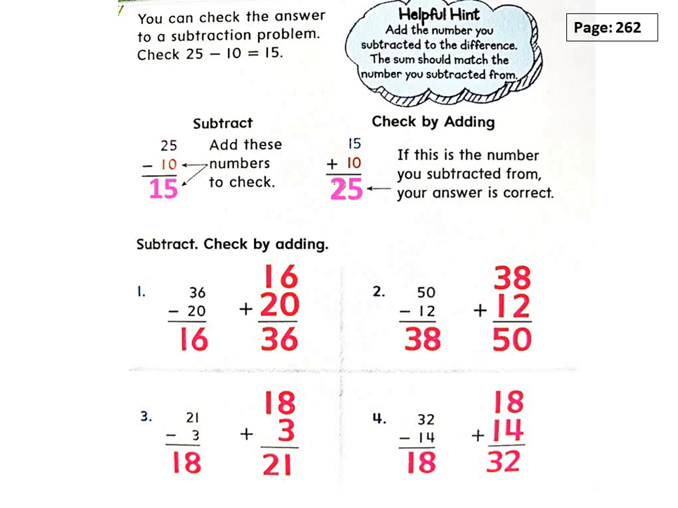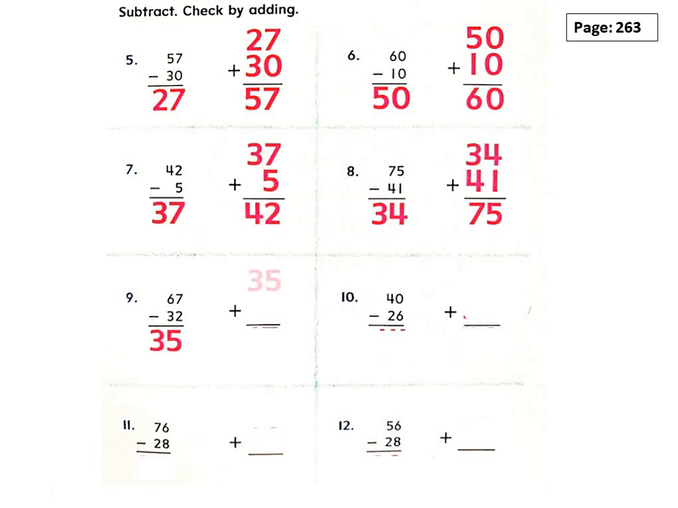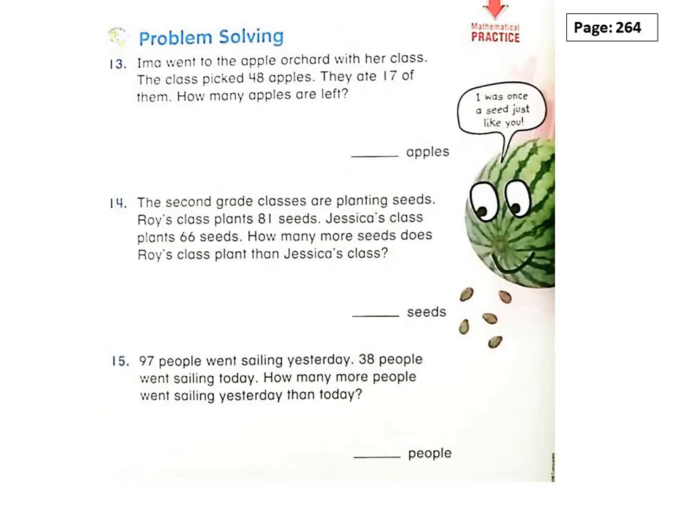So please, grade 2, be sure to write these answers on your book, page number 262. Now let's see the next page. We have many questions to practice here. Interesting. Page number 263. Now try to solve these questions by yourself, grade 2. And then when you finish, you can check your answers here. This is for question number 5, 6, 7, 8, 9, 10, 11, and 12. It's very important to check all your answers, grade 2. Now, let's see the next page, page number